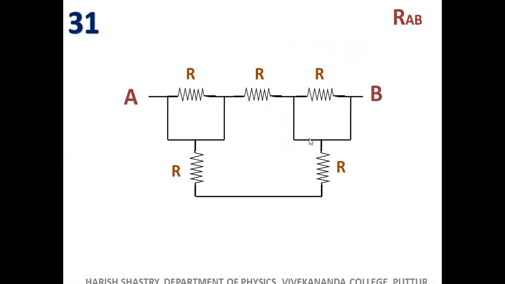Okay. See here, you are asked to find the resistance between A and B. Now the thing is, you see these two resistors. The two ends of these two resistors have been connected by a common wire. This resistance is a short, this resistance is a short. They won't get any current. All the current will pass through like this.